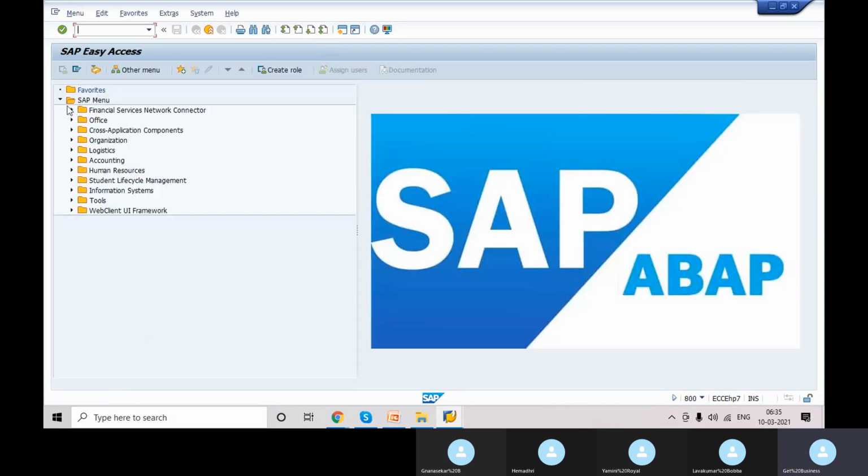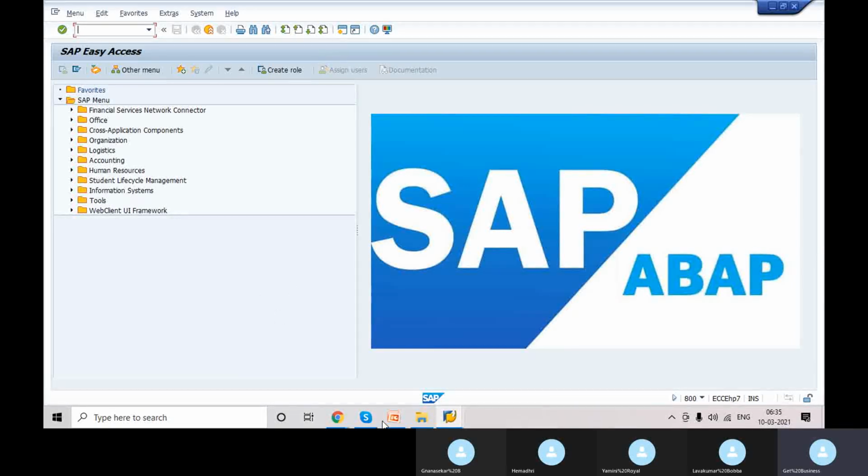You can see the system is open. This is the layout of the screen. We'll talk about this layout also later. After this, we'll have a question and answer session. Then we'll close the session.